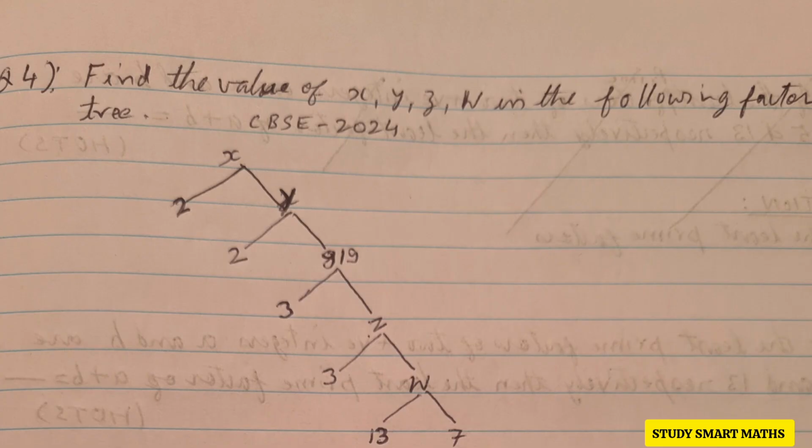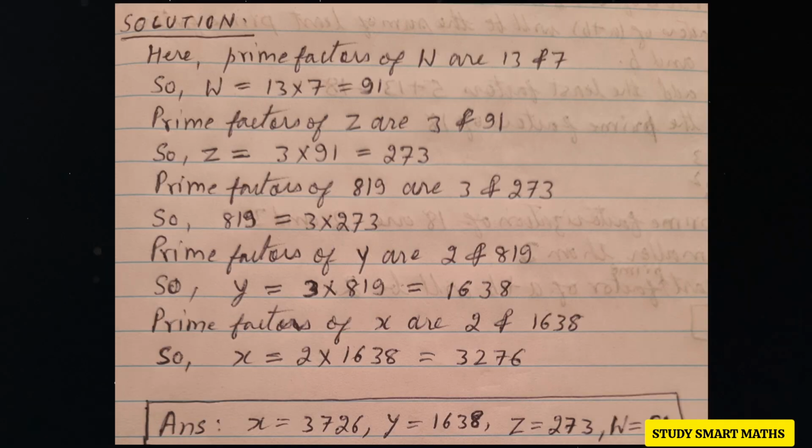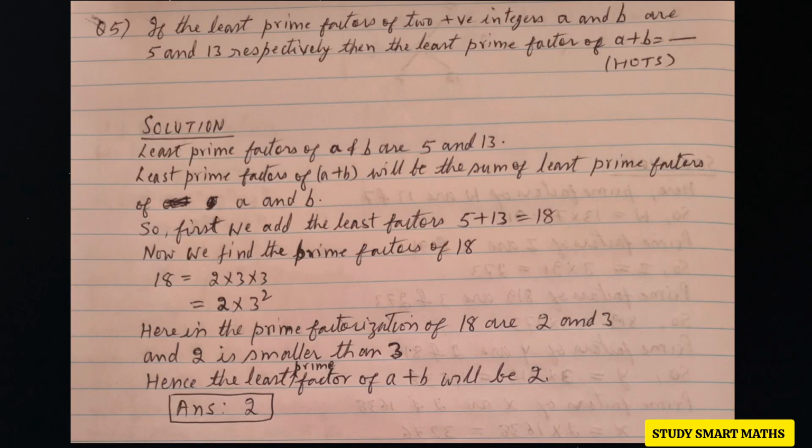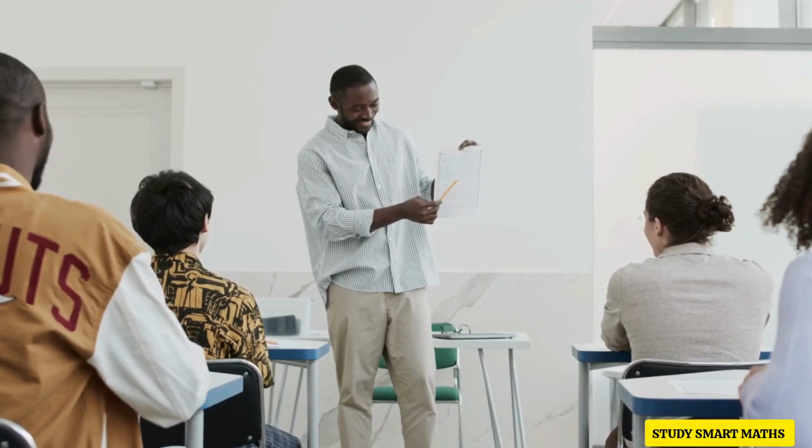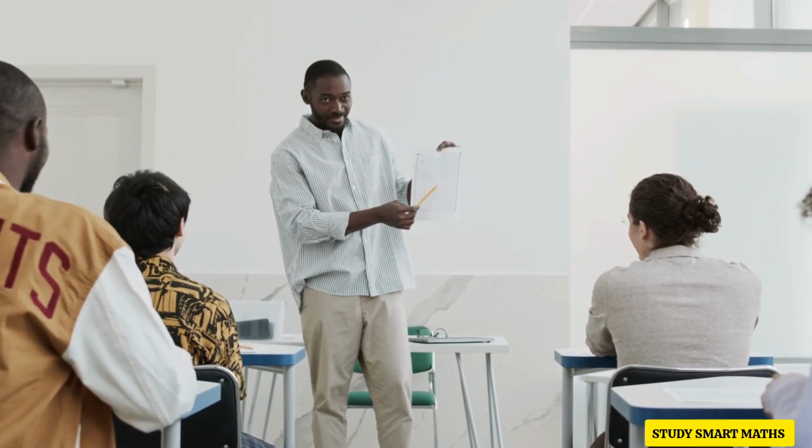Here is question number 4 with its solution, which is self-explanatory. And here is a HOTS question number 5 with its step-wise solution, which is important from an examination point of view. In this video we have tried to make you get accustomed to all types of questions that may be